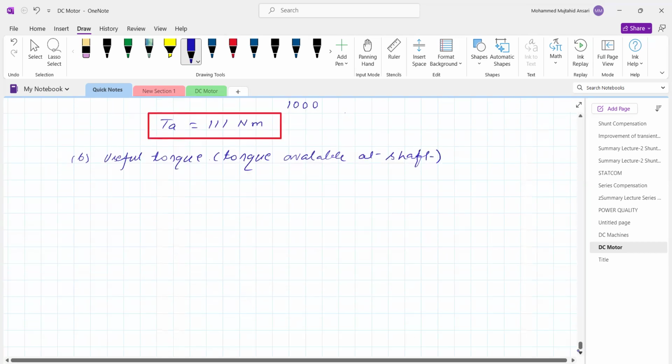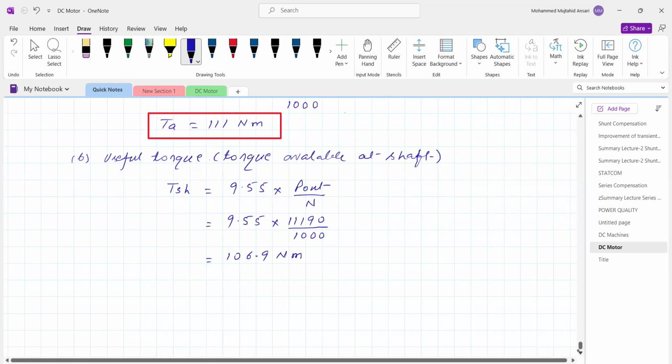That is the shaft torque, TSH, the useful torque. It is 9.55 into power output of the motor divided by speed. As the power output of the motor is given, it is 11,190 watt divided by 1000 RPM. The motor speed is the same. So it is equal to 106.9